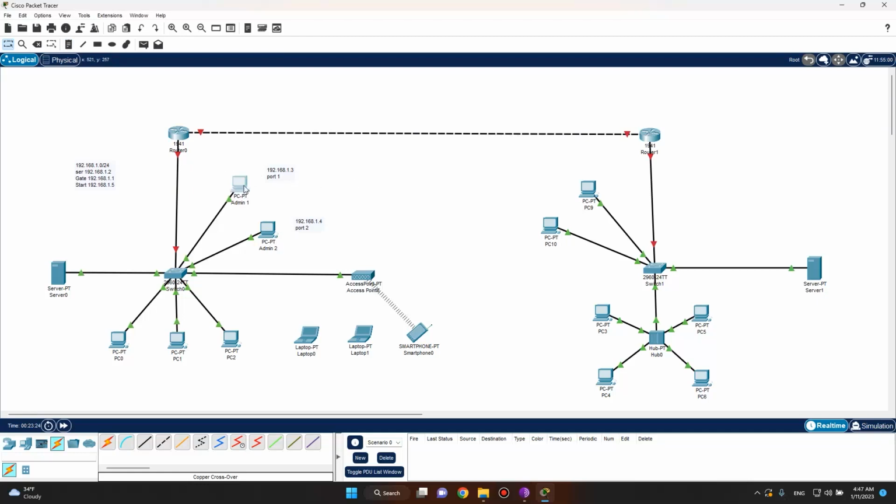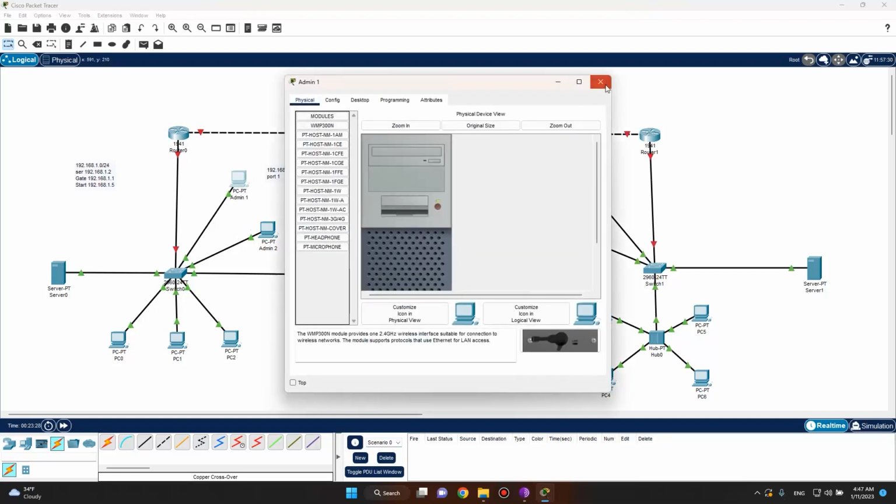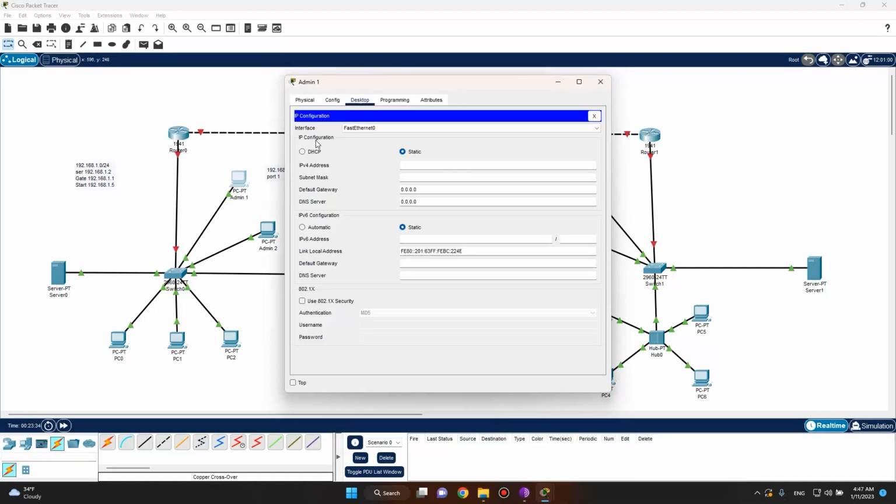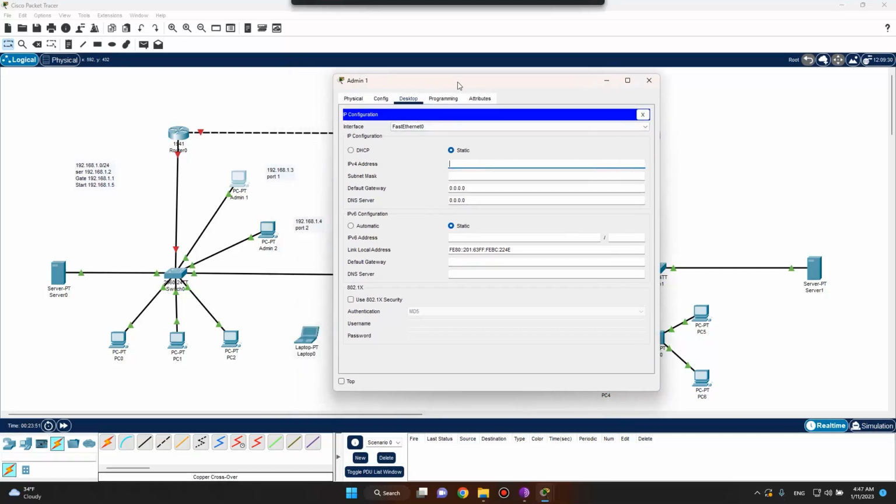Let me give this one the IP that it needs. So I will just left click on this one. I go for desktop and IP configuration. So I set it to static. Every time I turn on this computer, it has to have the same IP. So I do it manually, or statically, but for the others I will just use DHCP. So as I wrote here, I will put the IP address here,